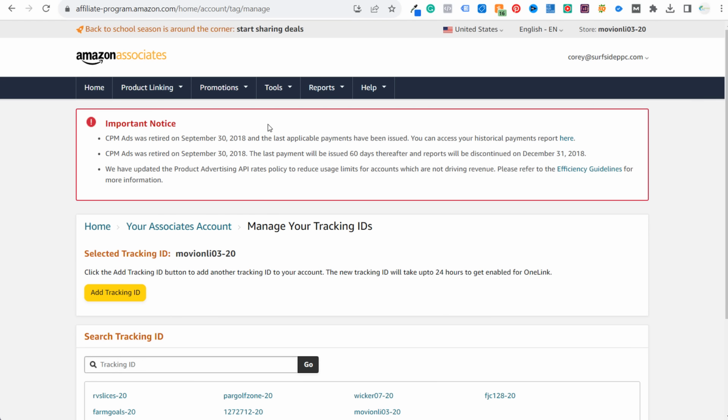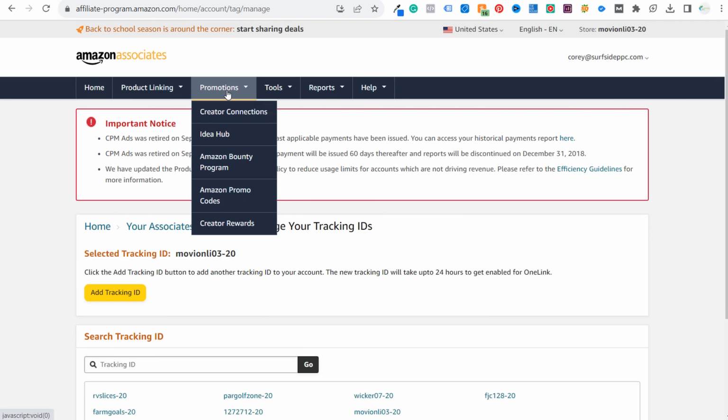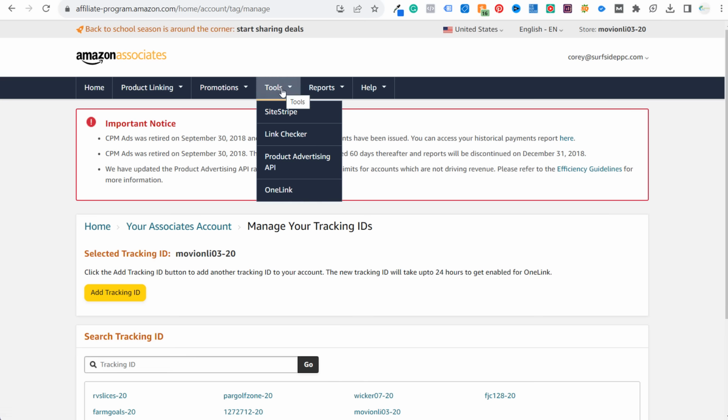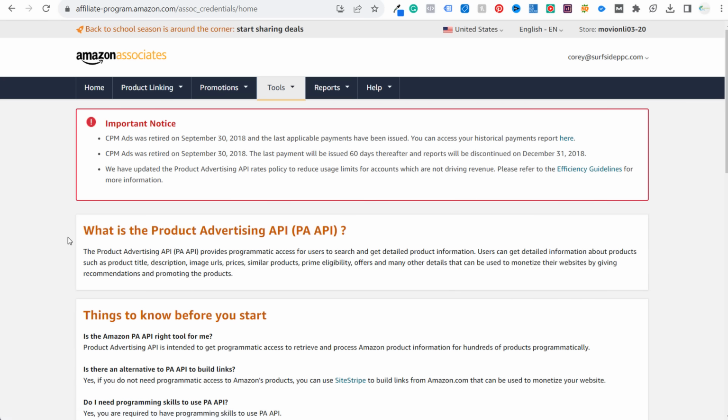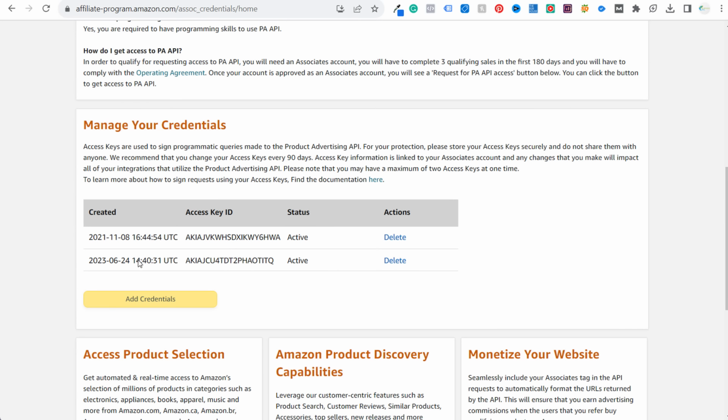So we have our tracking ID now. Now what we want to do next is, so a few other things you can go through here: promotions, creator connections, Idea Hub, Amazon Bounty Program, promo codes, creator rewards. Tools, site stripe, link checker. This is what we want right here: product advertising API. So we're going to come in here to our product advertising API. We're going to scroll down, and what you're going to see is you're going to have access key and secret